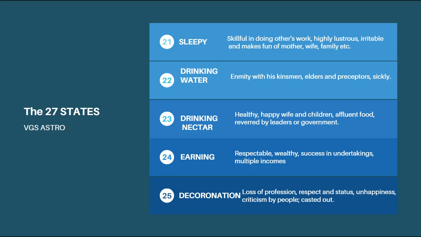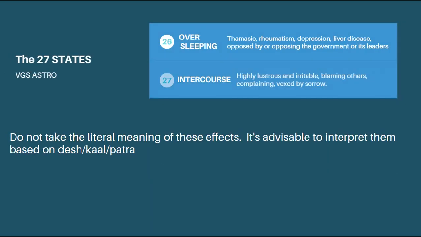This is okay if you're on the verge of retirement or something like that, but when this is going to be happening to you in your early 20s or in your late 30s, then you have to take the necessary precaution, because this period could be viewed as something very painful. Okay, and in the next deck we have 26 and 27. 26 especially is giving very bad results: tamasic, rheumatism, depression, liver disease, opposing the government or its leaders. And the only remedy that I can suggest to these people is